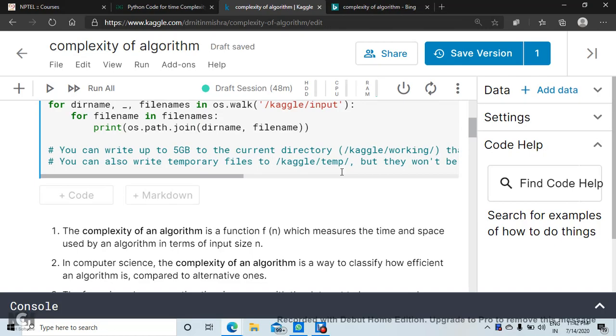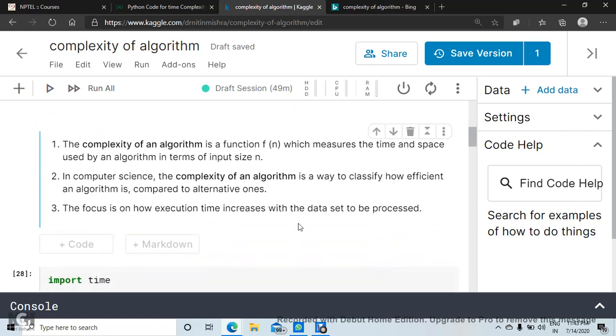So our today's lecture deals with practical aspect of complexity of algorithm. The theory is already discussed and I have sent the video, or you can go and see my previous video. But let us revise.